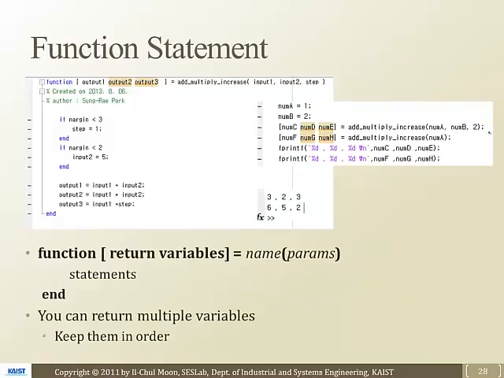And function statement. Actually, we already did that. What you did in the hello world in the first program was specifying the function, right? So here we are specifying add, multiply, increase. And we are taking input 1, input 2, and step here, right? Interestingly, this is common, right? The definition part of the function, which you have to do in the script